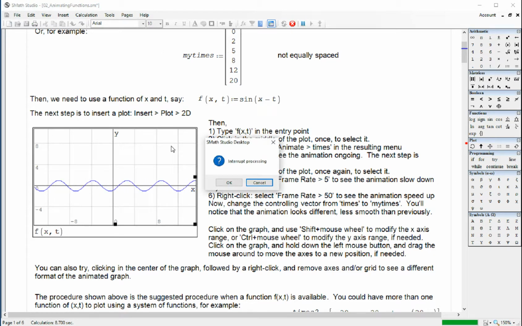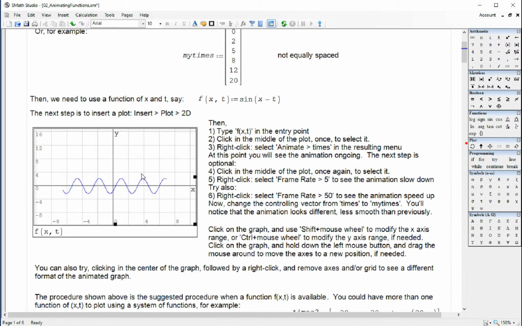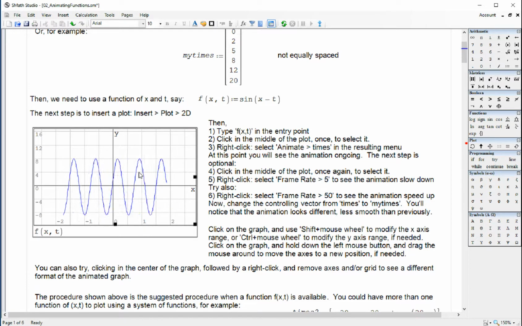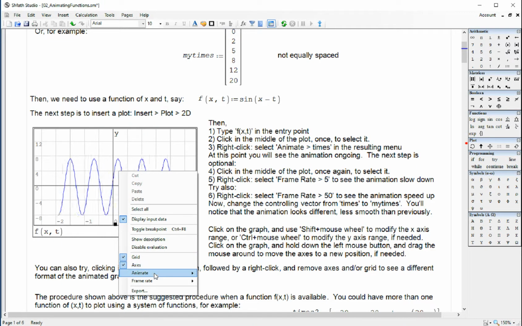You may want to do this at this point: stop the calculations, interrupt processing. We'll go to calculation, get the calculation, and then click on this graph. Holding the shift key will change the range in X, and the control changes the vertical range. So anyway, you can change that, and when you go here and do a right click on animate,